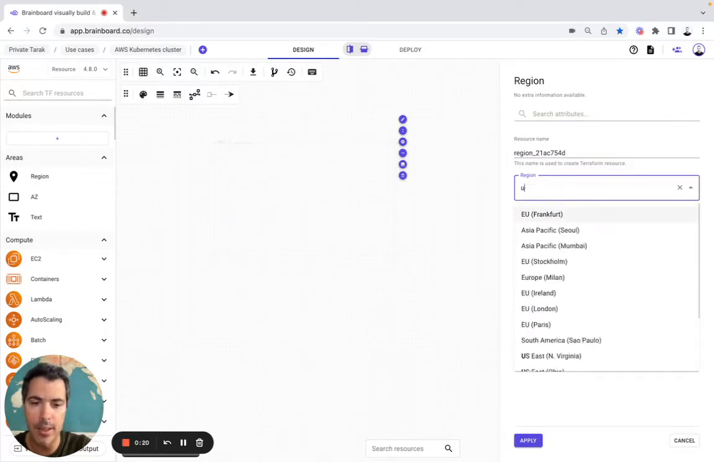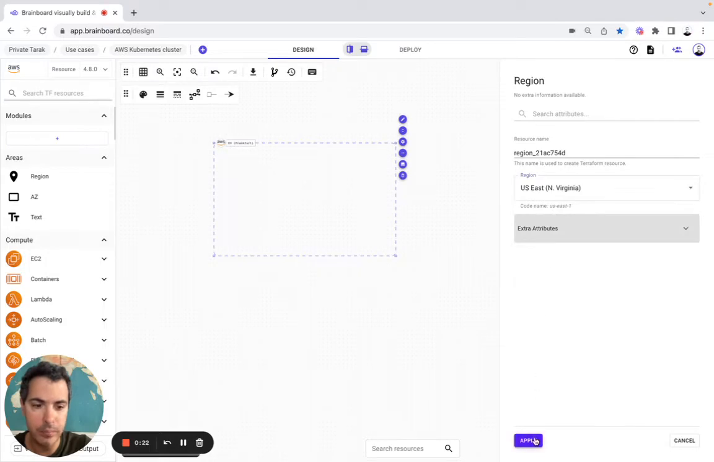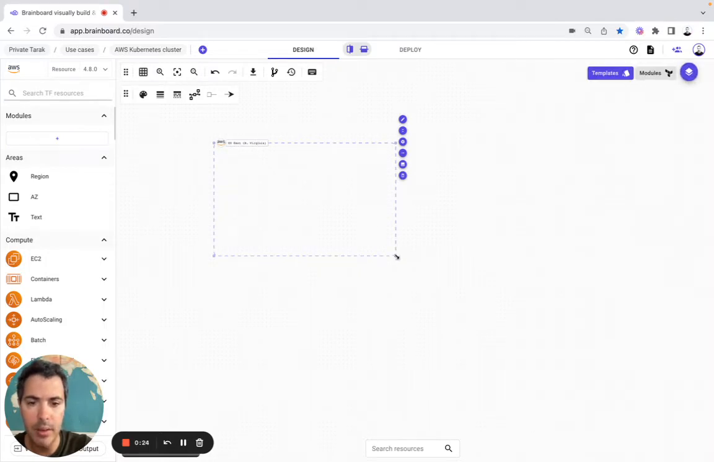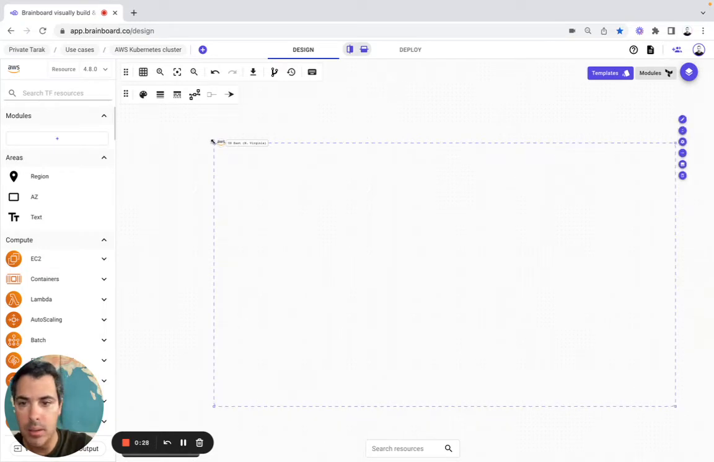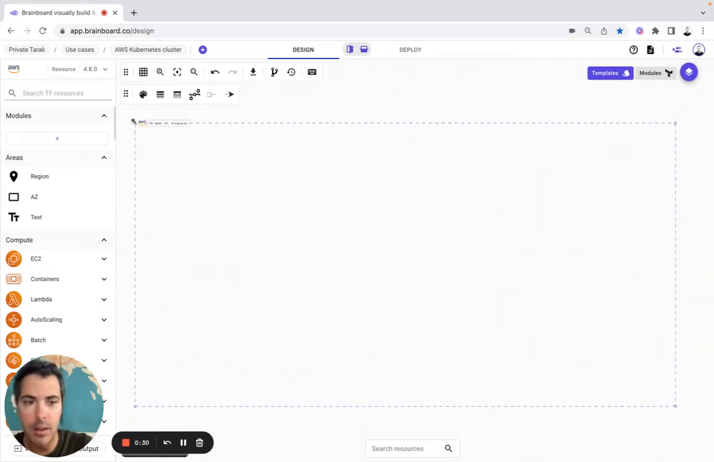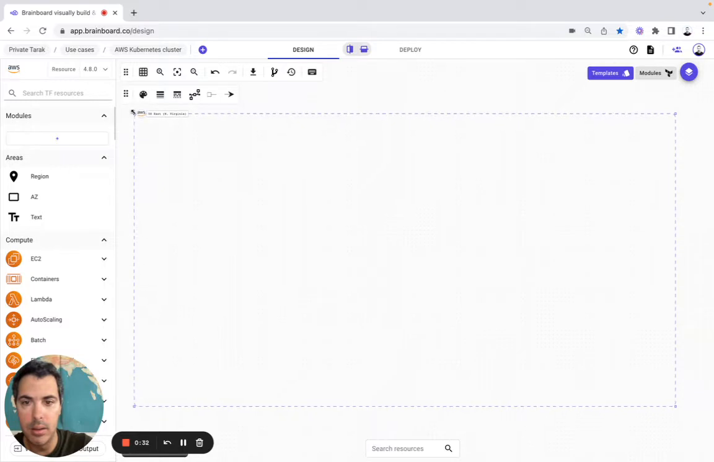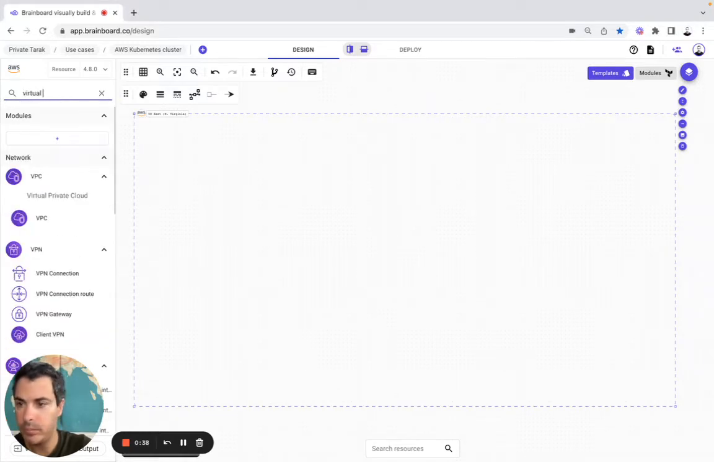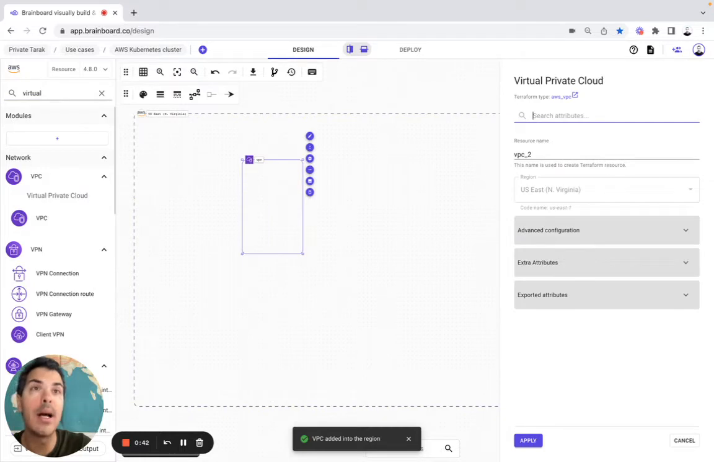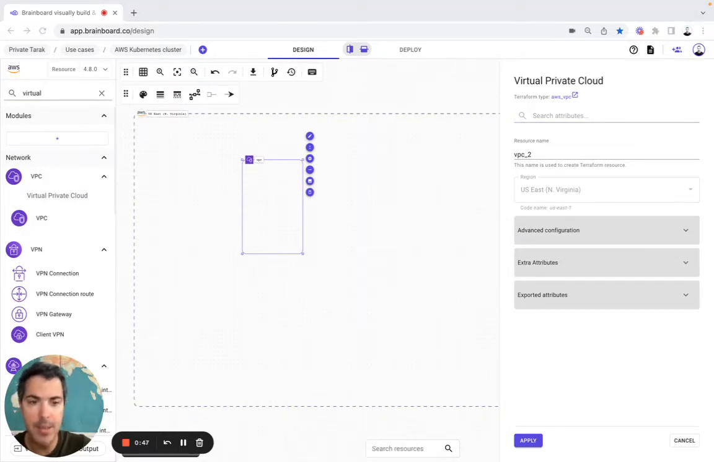Here will be US Virginia, and I will make it bigger. So here, and now I will include a VPC, so virtual node, and I will configure it as well. Here it will be VPC